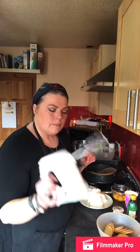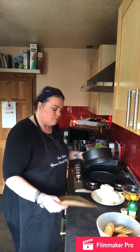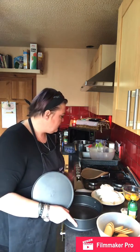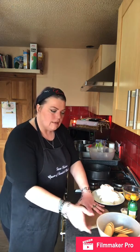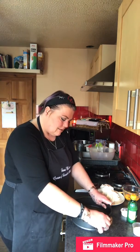I'm going to be using my electric hand mixer. I've got a 9-inch springform tin and some parchment paper. So what I'm going to do with this is just put a sheet of greaseproof parchment, baking paper, whatever you call it, on top of the base. Let me just move that out of the way. I did this earlier and I thought, really, I should have taken that off. Set the tin open, sit it over the top of the paper so it catches, and then close it tight. So you have got paper coming out the edges, but it's absolutely fine. That's what you want, and all that's going to do is just make it easier to take off when it's